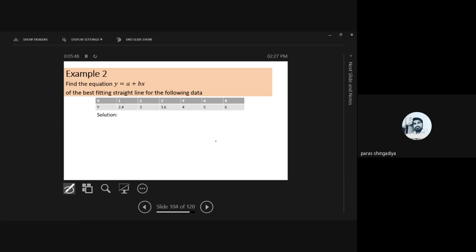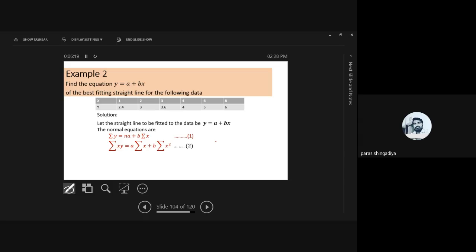First step, predict one straight line. Which form have I considered for the straight line? Clear? That is a plus bx. And then after, write down its two normal equations. That is sigma y equal to na plus b sigma x, and second is sigma xy equal to a sigma x plus b sigma x squared. That is a fixed step to predict a straight line. A plus bx is our required straight line, that we consider here. And as per this straight line,